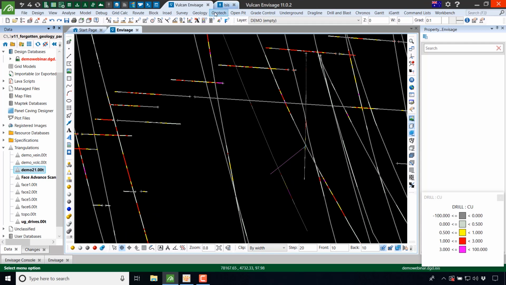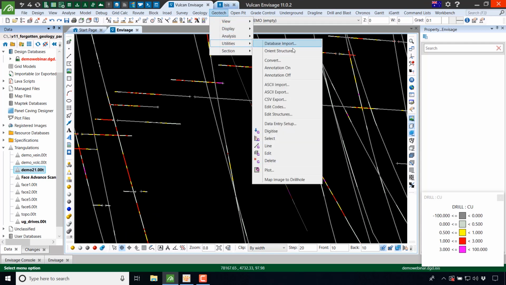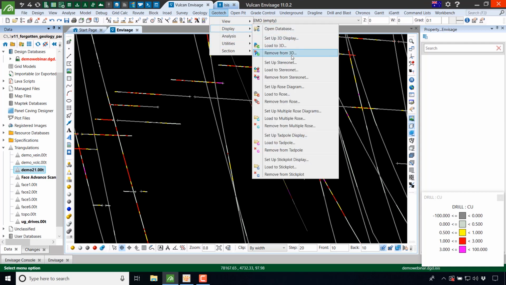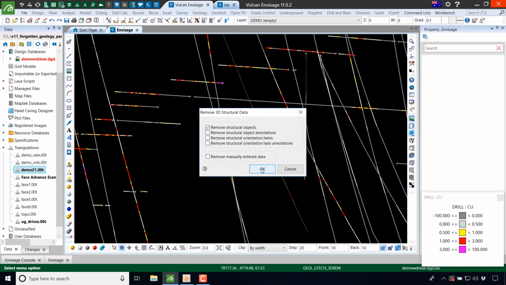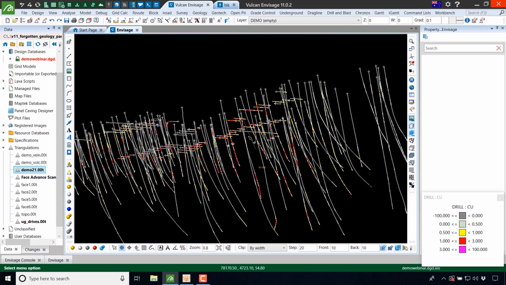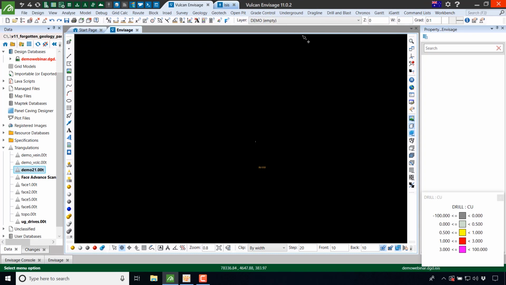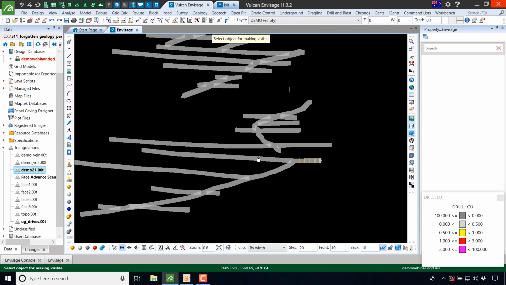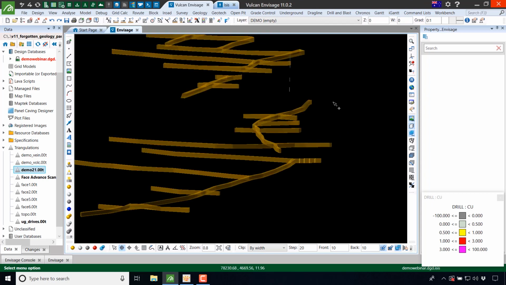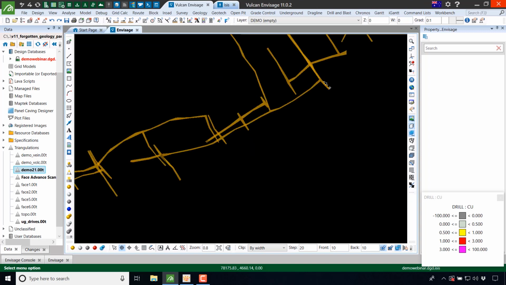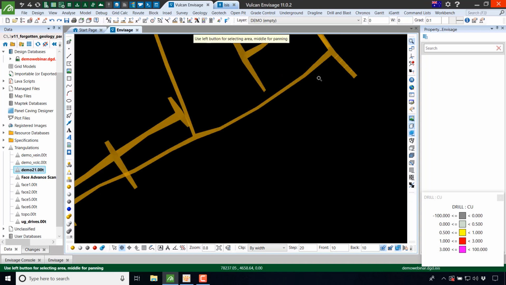Okay, so let's just now move on to some mapping data, and I am showing this in an underground scenario. Doesn't mean that everything that I've shown so far couldn't apply to open cut, just that I happen to have some underground data, so that's why I'm using that here today. Okay, so if we just pop our underground development back on, there we are. So we've got some underground development as we had before. We've removed everything else. And